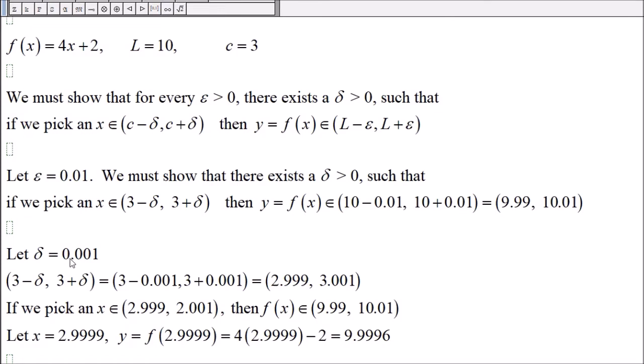So we choose a delta of 0.001. Then 3 minus delta and 3 plus delta